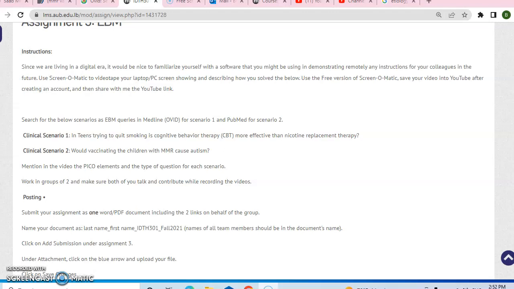Okay, clinical scenario 1 is a question related to therapy choice, as in which is the most effective therapy. So first we search for the main concepts, search for their MeSH terms: quit smoking,